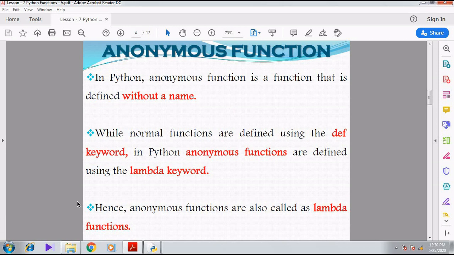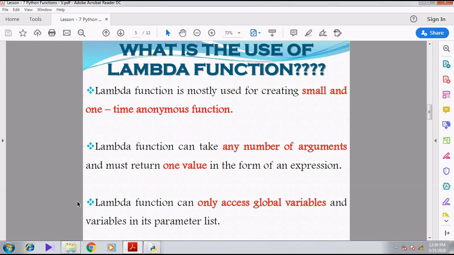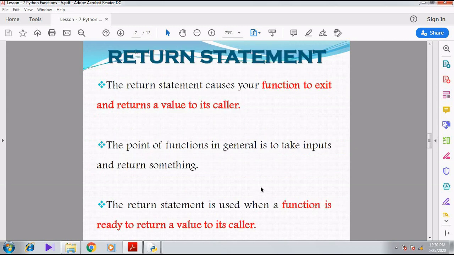For that we use the keyword lambda. A lambda function can accept any number of arguments, but it returns only one value. Then the return statement is used to return some value to the caller, the calling function.